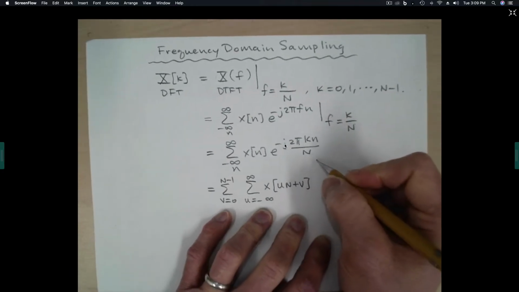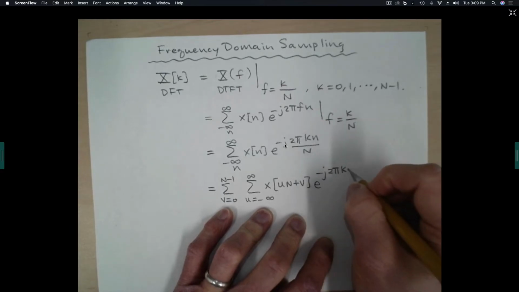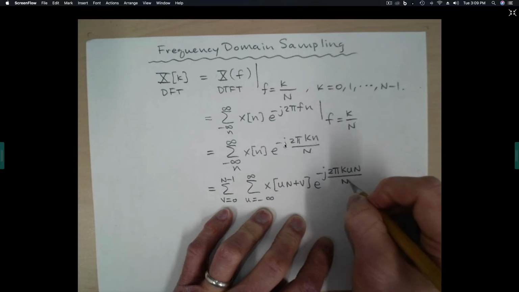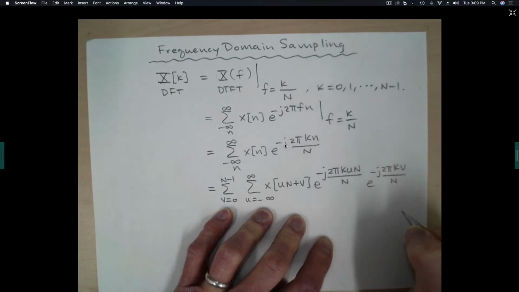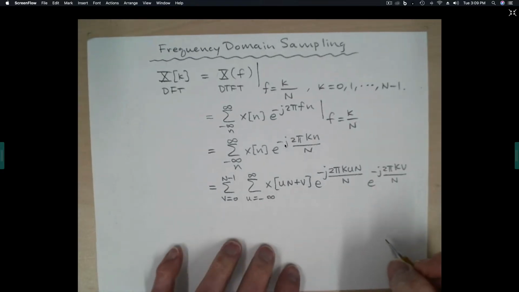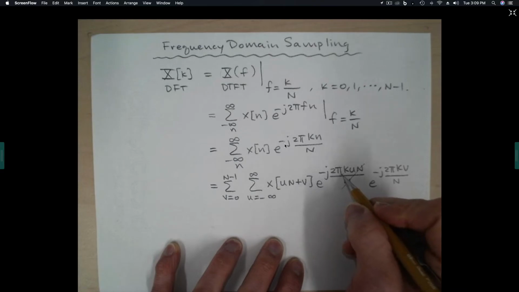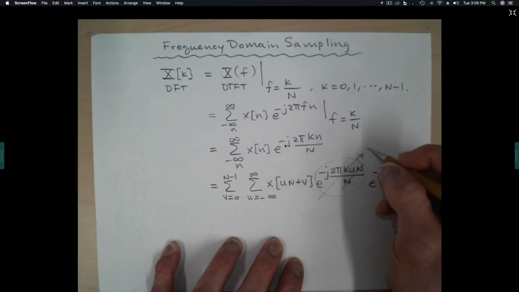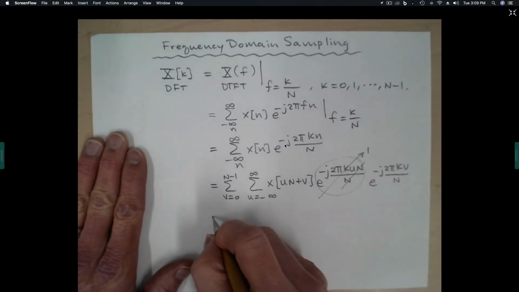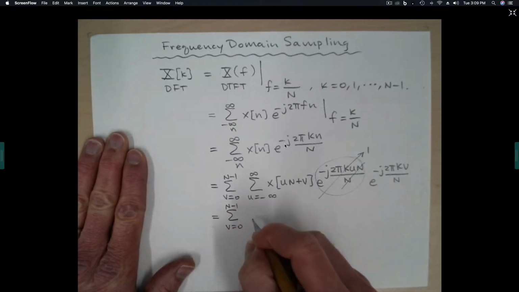And then if we do that change of variables up in the exponent, we have e to the minus j 2 pi k u N over N, and e to the minus j 2 pi k v over N. Now if we stare at this complex exponential here, we see that the N's cancel, and then this is e to the minus j 2 pi times an integer, so this complex exponential just becomes 1. So if we rewrite this, we have v going from 0 to N minus 1, and